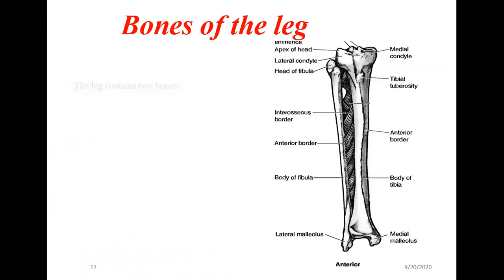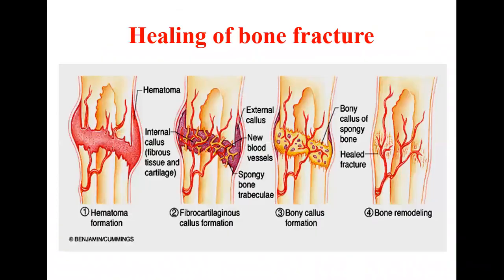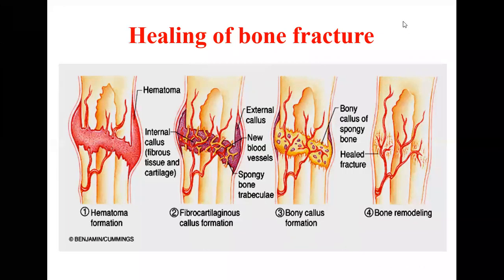Now going to the next part, that is the healing of the bone fractures. You might have seen, and you might sometimes even have had fractures yourself. It is common, especially in the young, and in the old, even in adults, if there are accidents, and because of bone deficiency, calcium deficiency, there can be fractures. So if there is a fracture, how does the bone heal? This is called the healing of the bone fracture. It is in 4 stages, as you can see here.